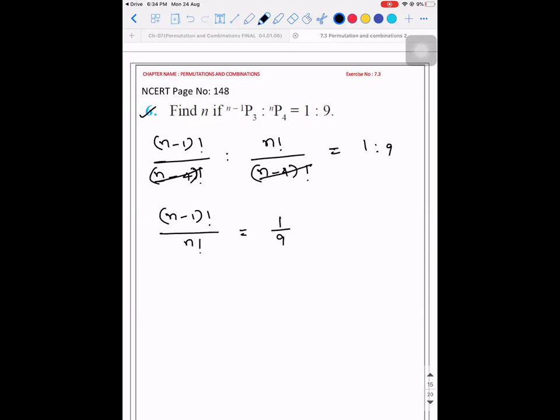So out of n minus 1 and n, which one is big? n is bigger. So you can write n factorial as n into (n minus 1) factorial, and it is 1 divided by 9. This and this will get cancelled. n will be